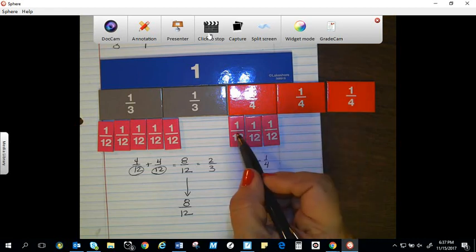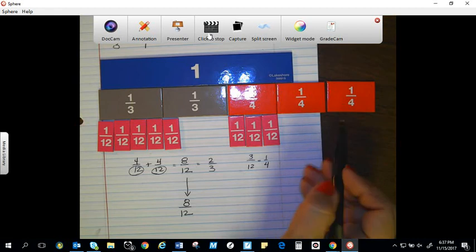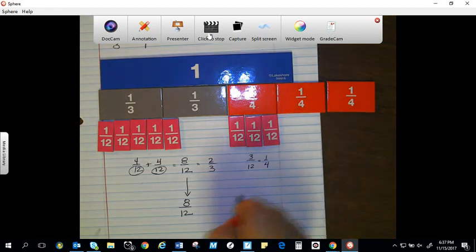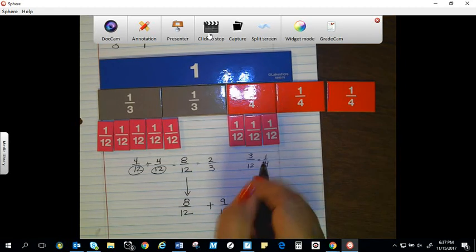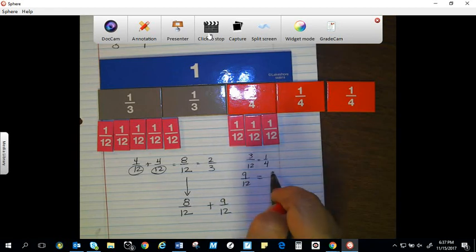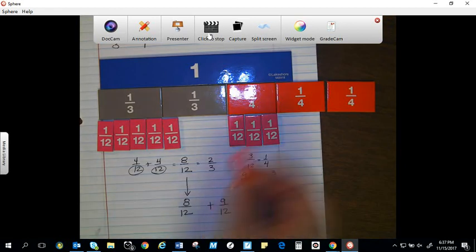Well, this is 1, 2, 3, 4, 5, 6, 7, 8, 9. So 9 twelfths. I know that 9 twelfths is equivalent to 3/4. Now I'm able to add those up. Now I can show you